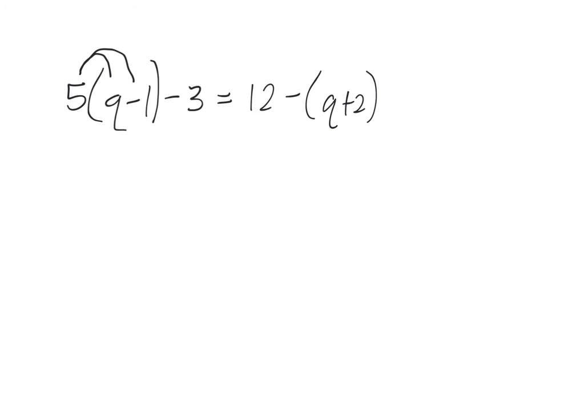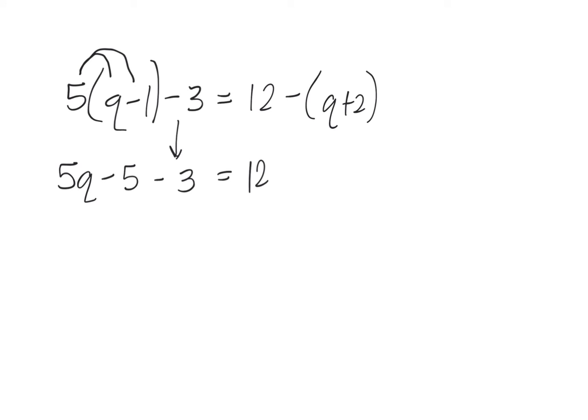clear the parentheses, and I do that by distributing the 5. It only goes to the things inside of the parentheses. It will not go to this negative 3 out here because that's not inside the parentheses. So that becomes 5 times q is 5q, 5 times negative 1 is minus 5, and then I bring down the negative 3. Equals 12, nothing's going to change, but this negative right here,